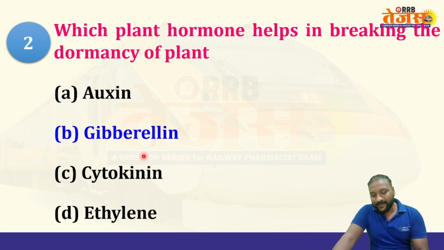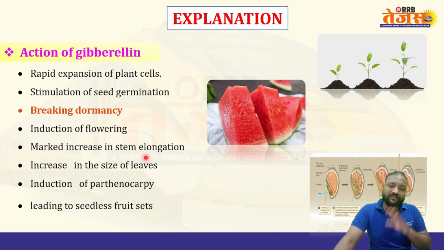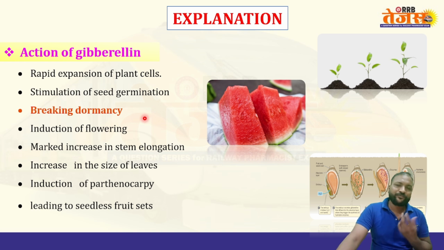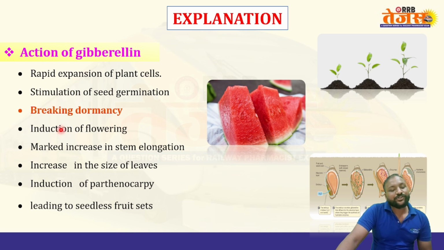Gibberellin. Gibberellins are plant growth promoters, obtained from Gibberella fujikuroi. All the gibberellins have a gibbane skeleton. These are the facts we need to consider. What are the actions of gibberellin? It causes rapid expansion of plant cells and stimulates seed germination, which is how it breaks the dormancy, and it induces flowering and a marked increase in